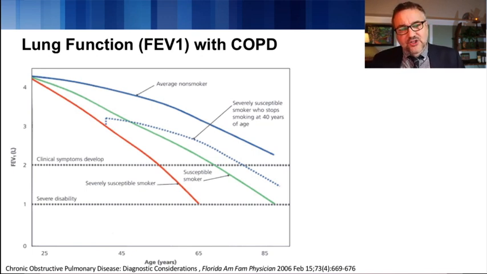The other thing about this chart that I think is interesting and important is this blue dotted line that you see, and there's a rather sharp increase in pulmonary function when a person quits. The dotted blue line is the line for people quitting. That increase has to do with decrease in inflammation in the body. So when a person quits smoking, very rapidly their lungs start to heal, inflammation goes away, and they're able to